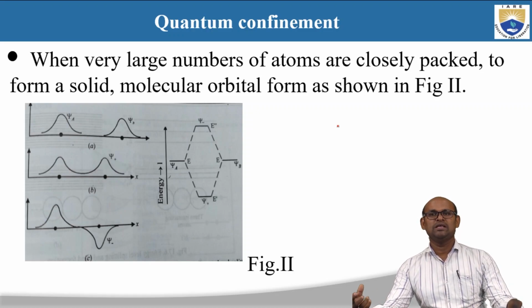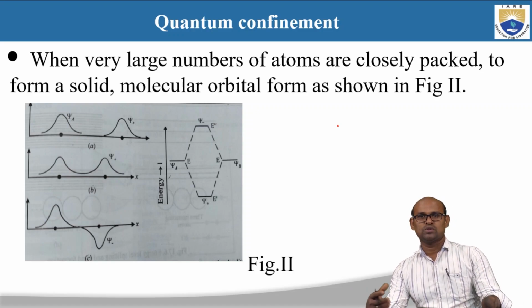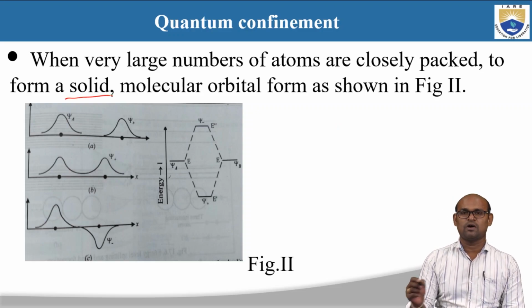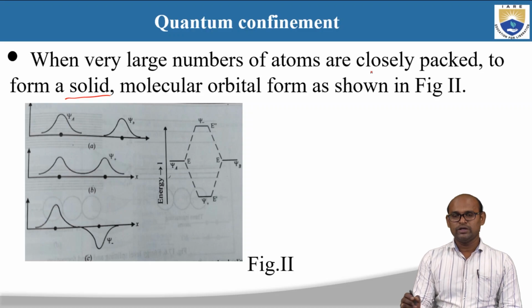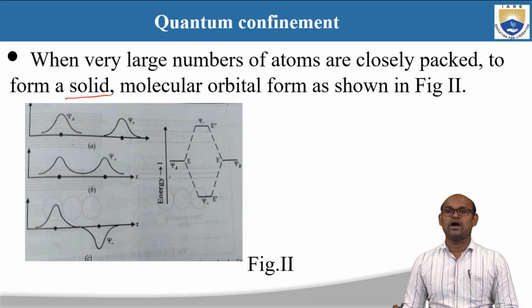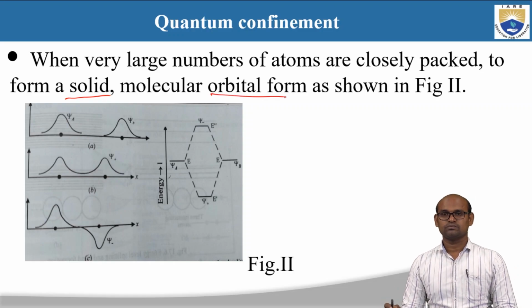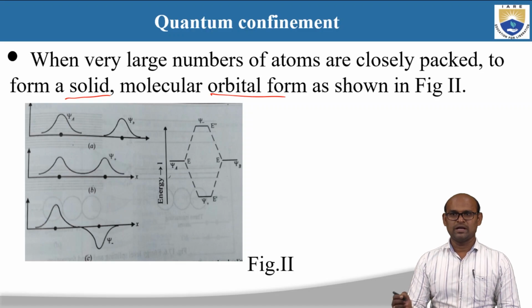When we take many atoms and put them together, they can be a solid or a liquid or a gas. But here I am putting them close together, so that is why we see the formation of a solid, because the atoms are close by. So when we take a large number of atoms closely packed to form a solid, we find that orbitals form. For example, to understand why molecular orbitals form, or why there is energy level splitting, here